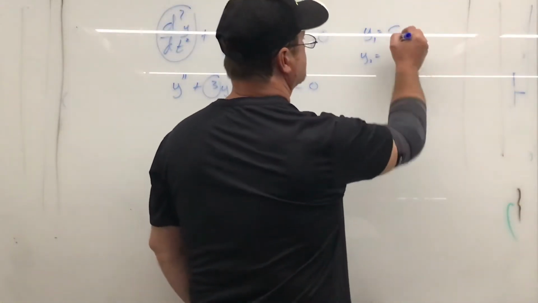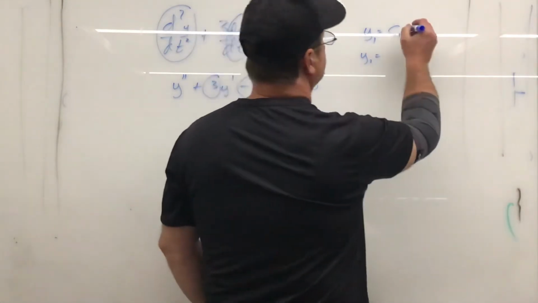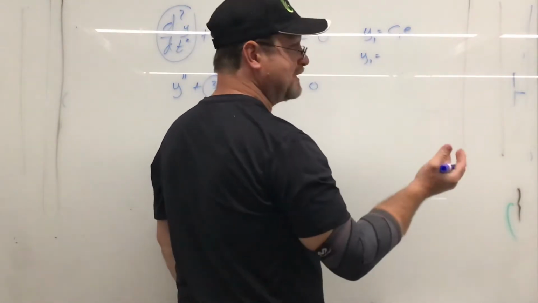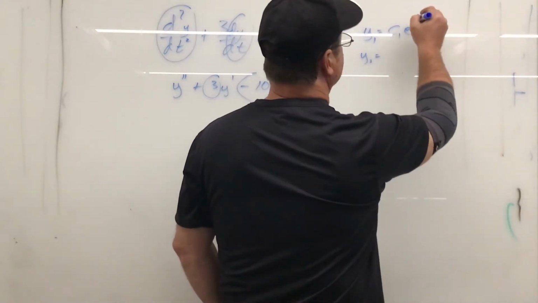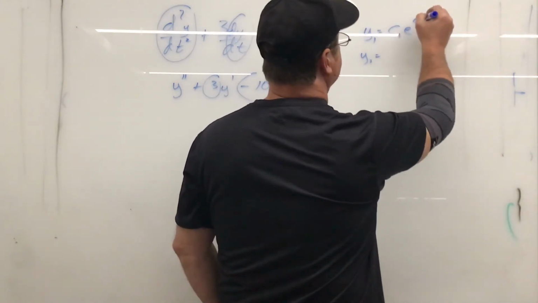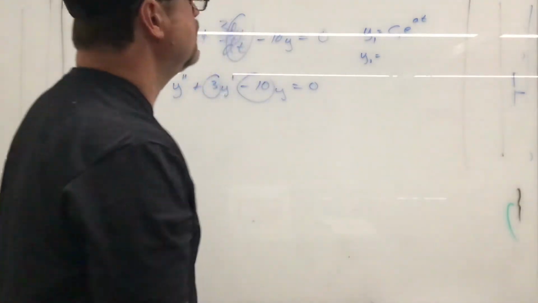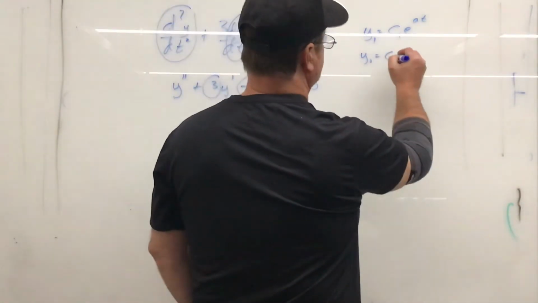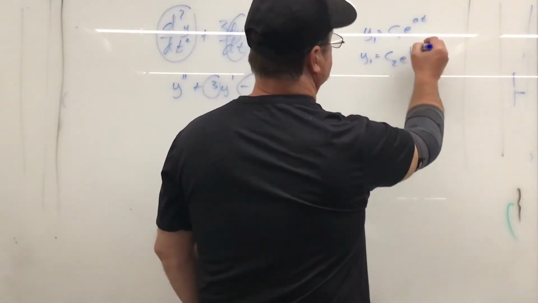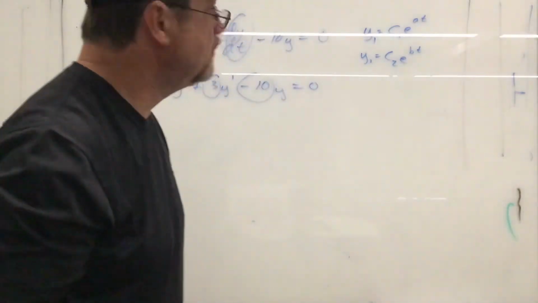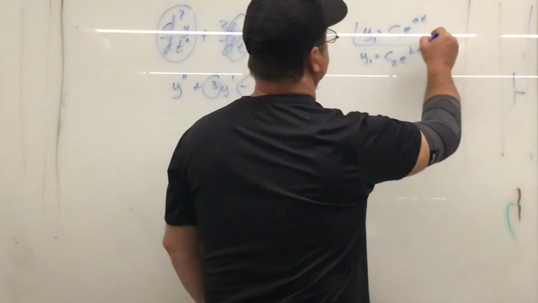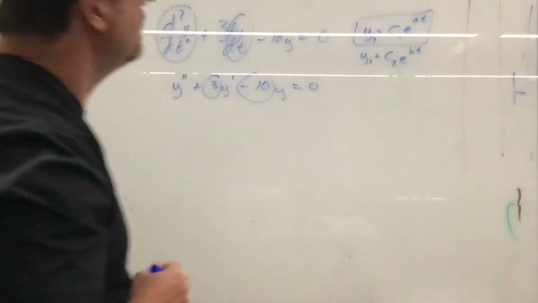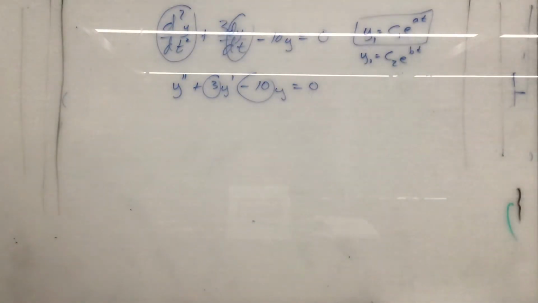Some constant, of course I don't know. And I'm going to guess that it's an exponential, e to some value, and I don't know what that's going to be. I'll say at, and c2 e to some bt would be okay too. So what I'm going to do is start looking at this. If y1 is c1 e to the at,